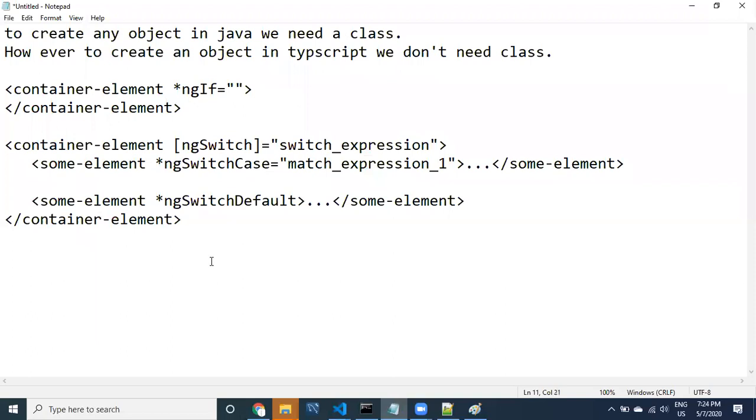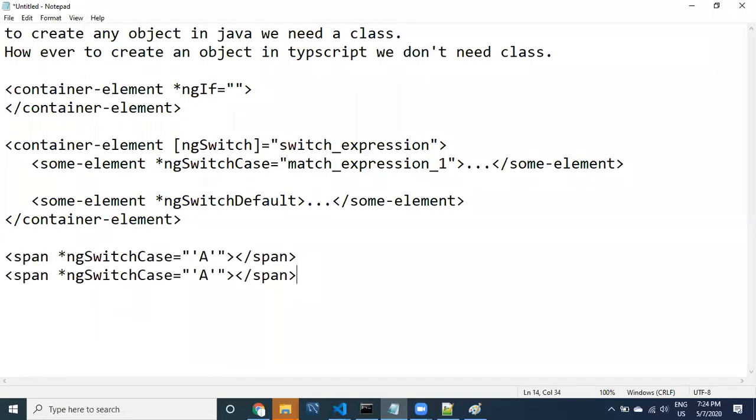This is a string being assigned to the switch case.